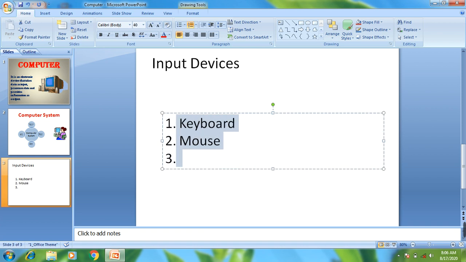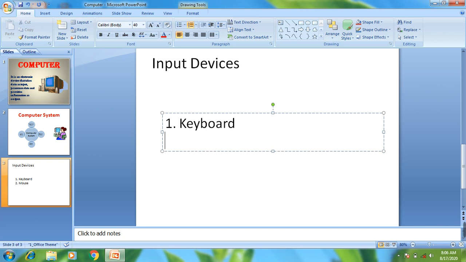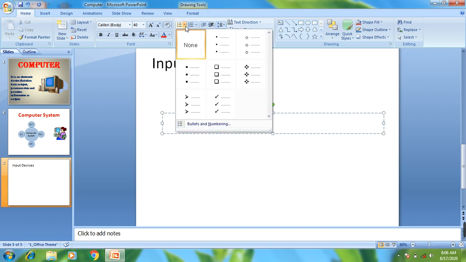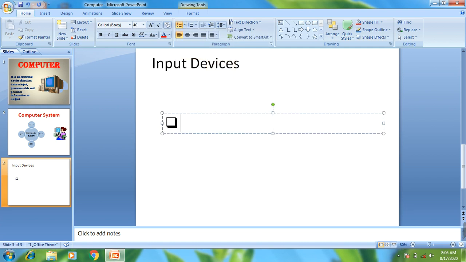Now you can see properly. In this way we can use numbering for creating this list. We can also use bullets. For this you have to click this drop down for the bullets option, and choose any symbol of your desire, and I have selected this one.